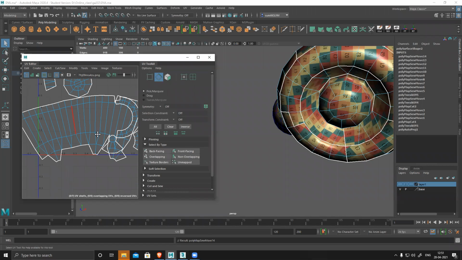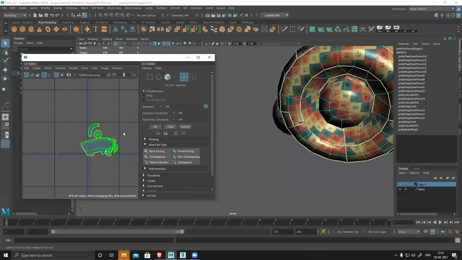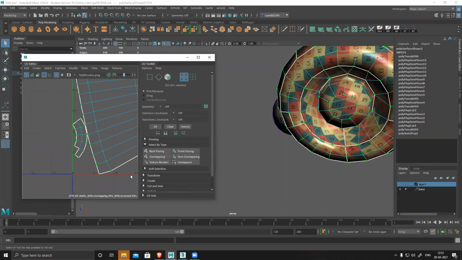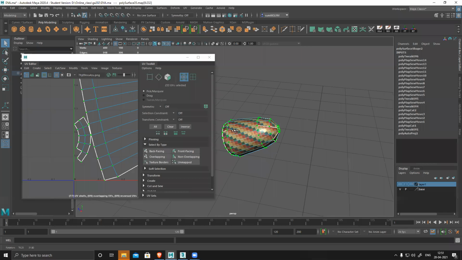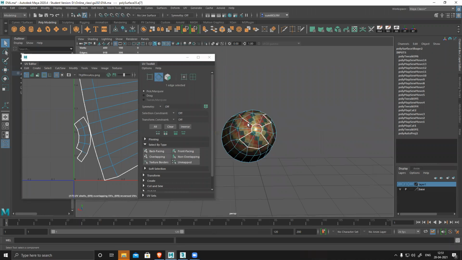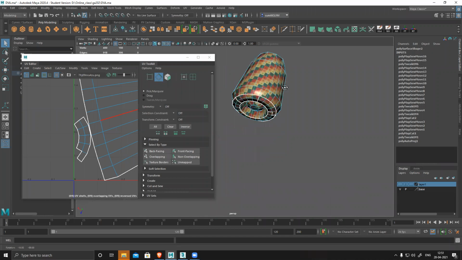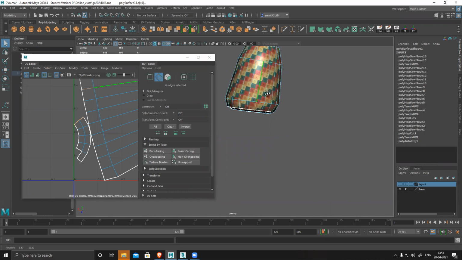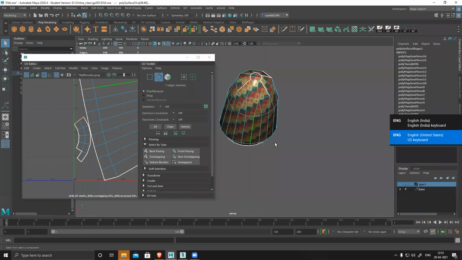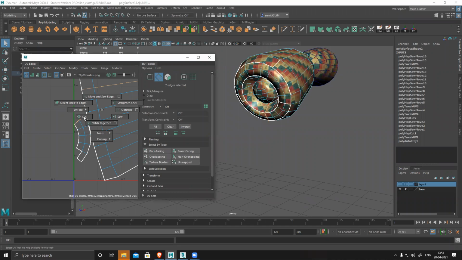Stretch everything nicely. Unfold. Layout. I'm using all default settings. I haven't modified anything yet. Cut it.